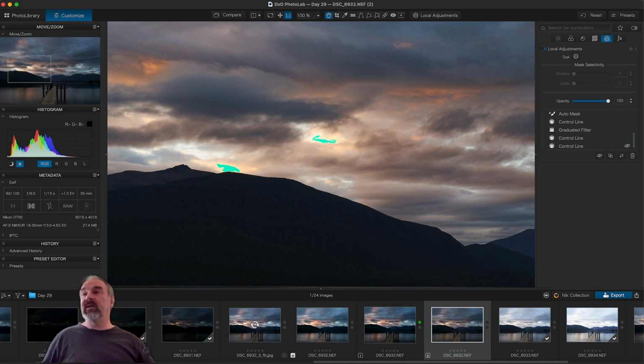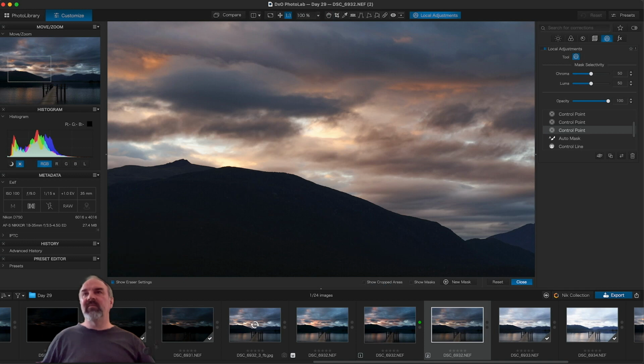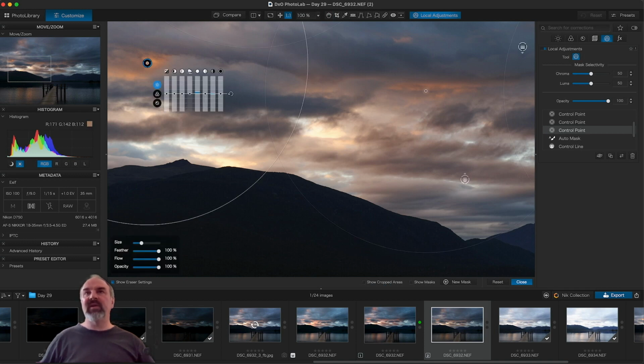Now I didn't on this version go through and name these, but I have actually found when you get this many, it is really, really helpful to name them as you go along. So now if you get to this point, I'm going to click on here, just grab that. Not sure which one's which, but yeah, it does look like